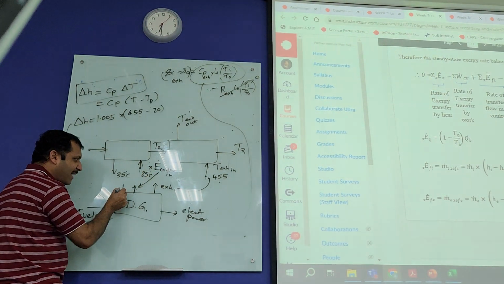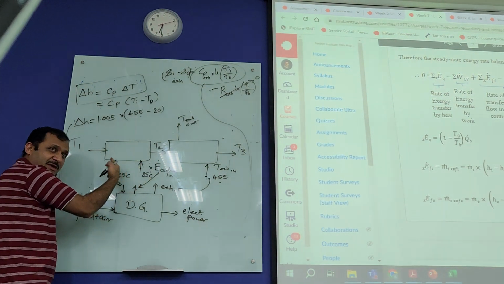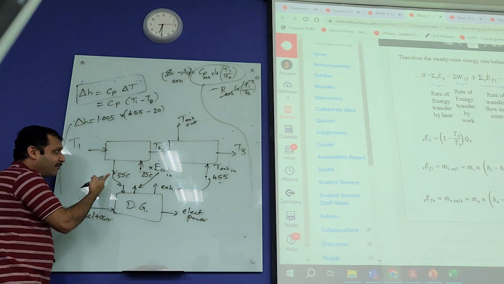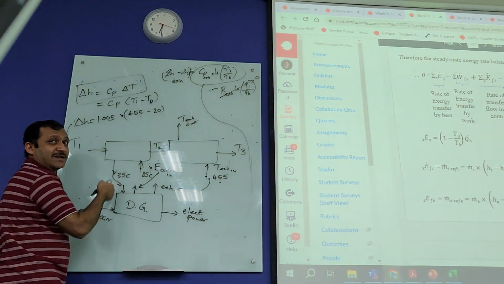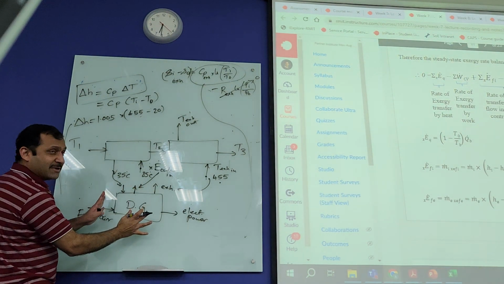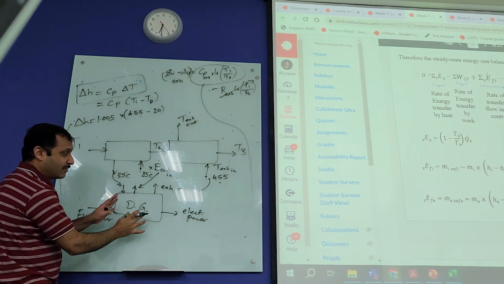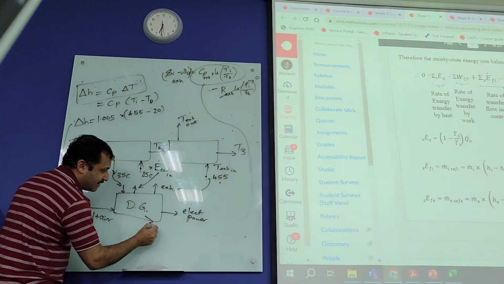Some exergy is going back in the form of coolant, which has the same logic, same equation, but for 35, not 85. So that should be 35 minus 20. So that basically is what is going in and what's coming out. There is one more which is coming out, which is